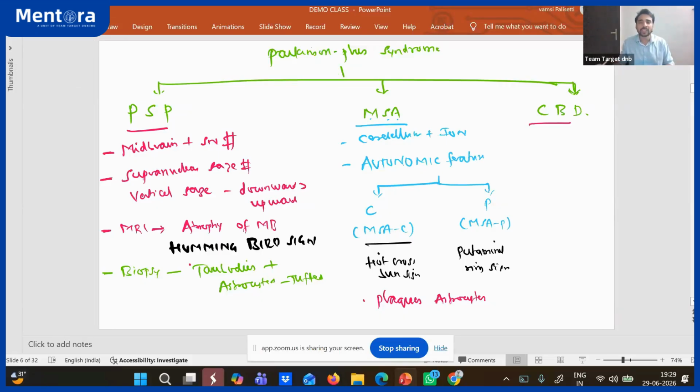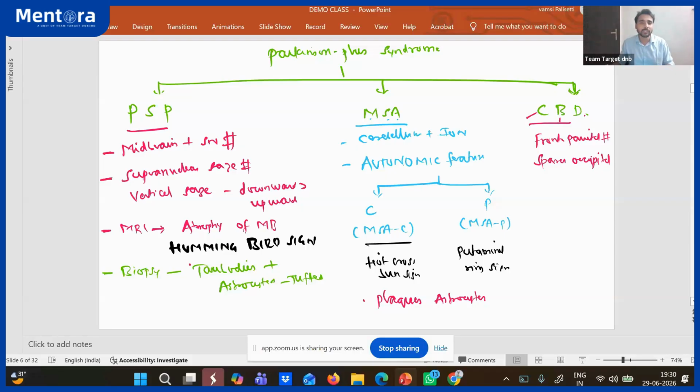Okay. So corticobasal degeneration, the name itself means cortico and basal degeneration. That means the cortex is involved and the basal ganglia is involved. And the cortex is very important. It is always the frontoparietal cortex. Frontoparietal cortex. It spares the occipital. Very important. Excellent, a number of times repeated question. In corticobasal degeneration, the cortex is degenerated, the basal ganglia is degenerated, and there is frontoparietal degeneration, but it spares the occipital.